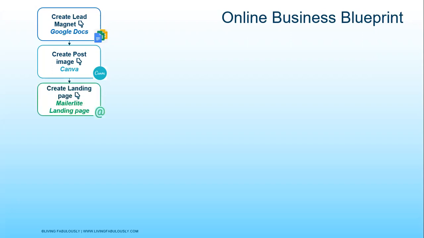Next, we create your landing page. This is the place where you are going to send somebody to request their email address and their name. Some people have the rule of thumb of just collecting an email address. The thing is, then you actually can't personalize your emails. So I ask for their first name only. And then on that same landing page, it's going to have your button, which allows them to click through and do that subscription.